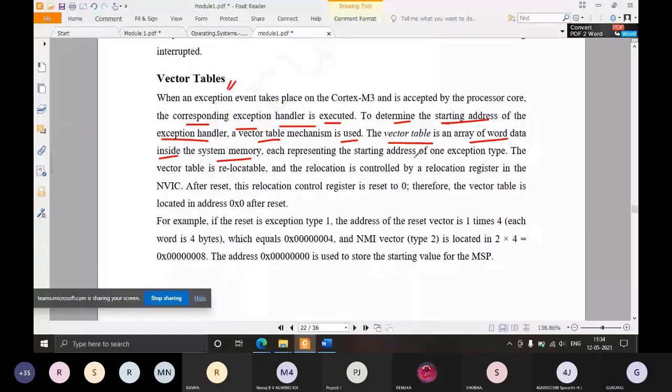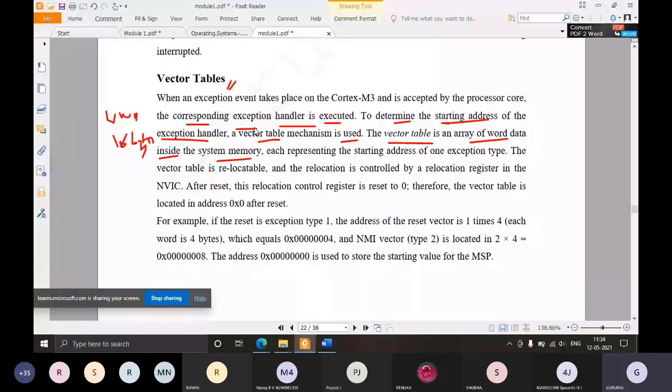See here, if you remember, in the introduction class, I had told you what a word means. Please bear with me, I don't have any writing tool.